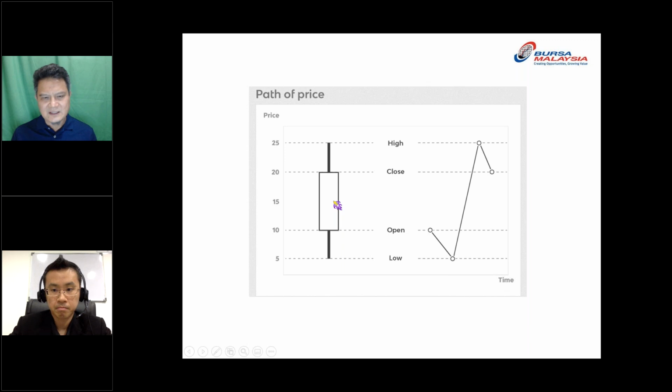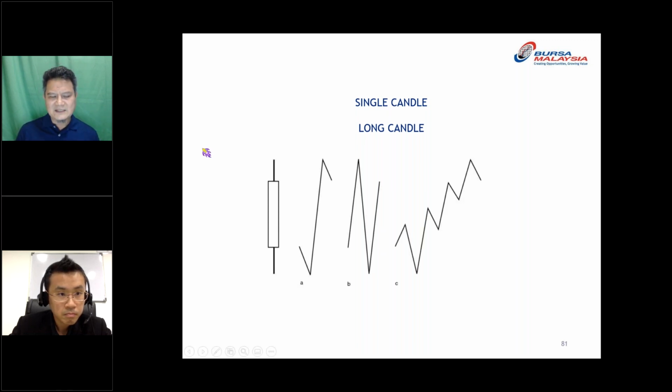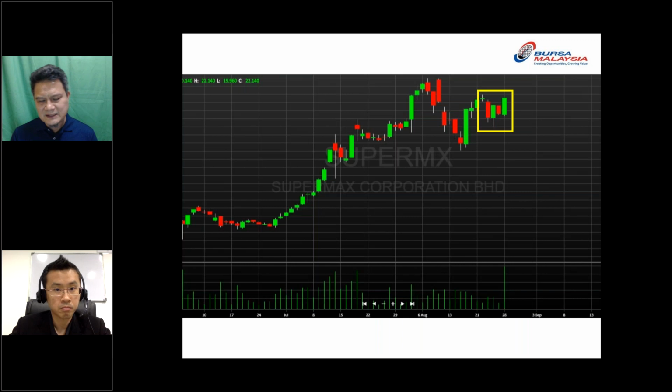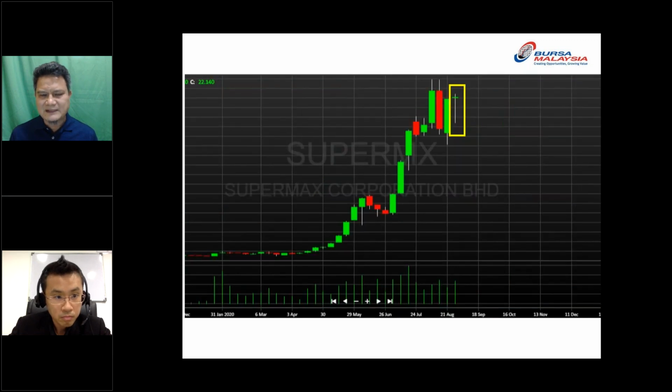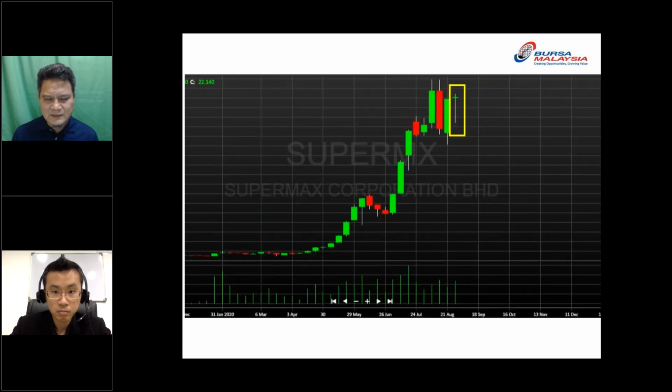So is there any other variation? Yes. For example, this single candle could move like the previous one, or like this, or like this, and it still creates the same candle. It depends on what time frame we are talking about. For example, this candle is daily. If you look at the weekly, it becomes like this. Actually, it's the same. This is only weekly: there are five days, but on a weekly basis it just becomes a cross here.